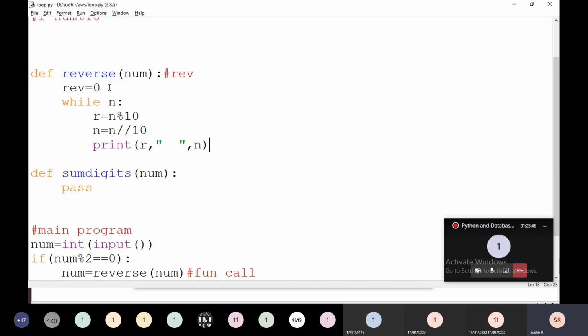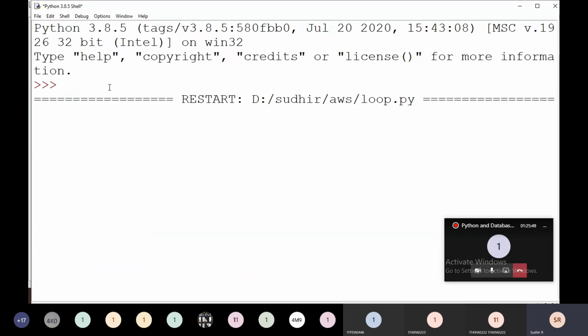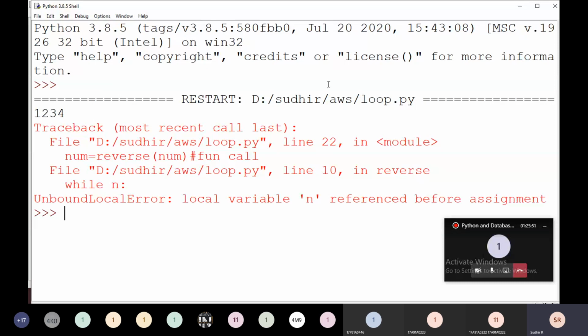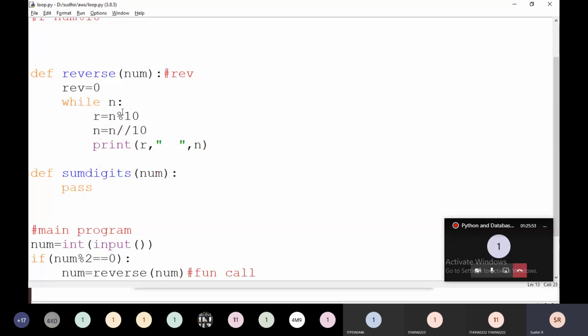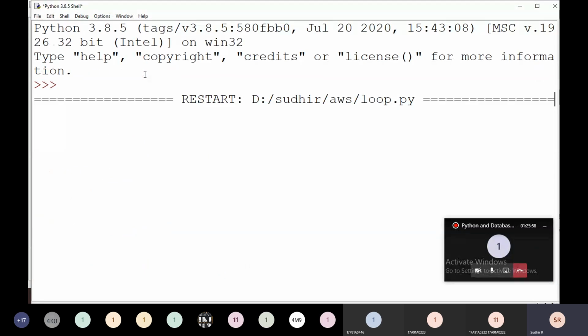Going to give some even number, then how it will work. For example, 1, 2, 3, 4. N, that is not n, right? I'm going to modify here. 1, 2, 3, 4. Just look at here. The number is going to be divided into 4 and 123. Then 123 becomes 3 and 12. Then 12 becomes 2 and 1. Then 1 becomes 1 and 0 here. Just forget about this none value.